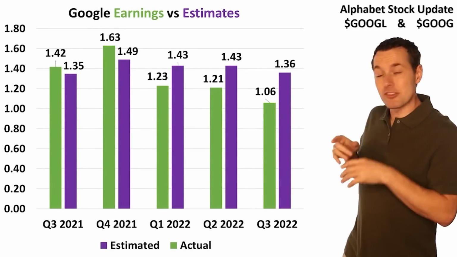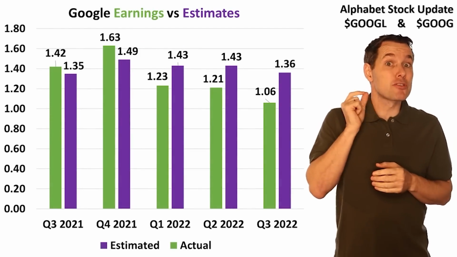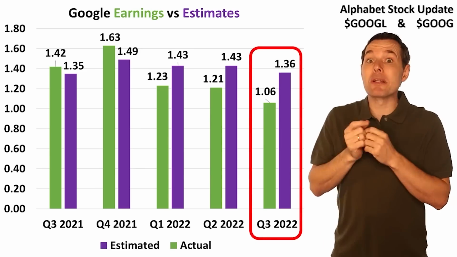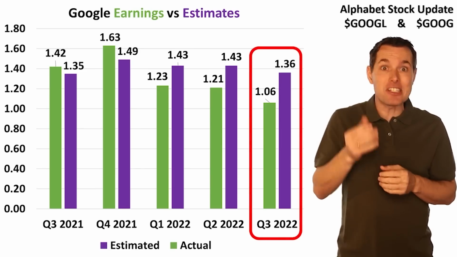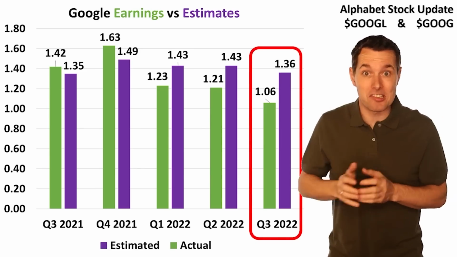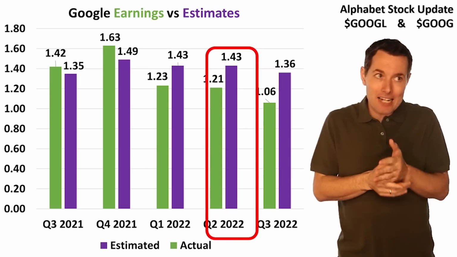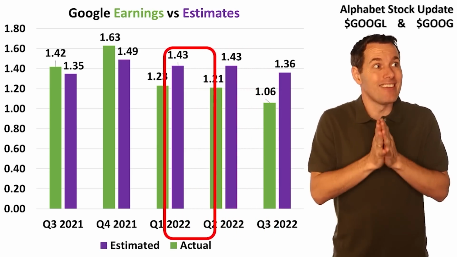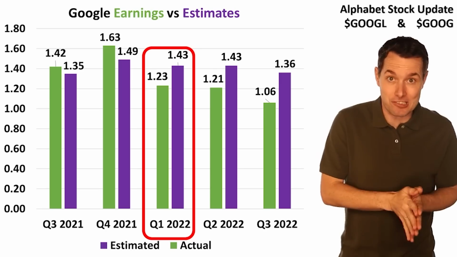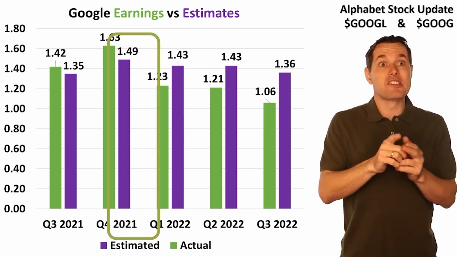So this is their earnings over the past few quarters, and we can see in the most recent quarter, Google actually missed analyst estimates by a decent amount. They missed by about 30 cents. And they've missed for the past 3 quarters. In fact, the last time that they beat analyst estimates was the 4th quarter